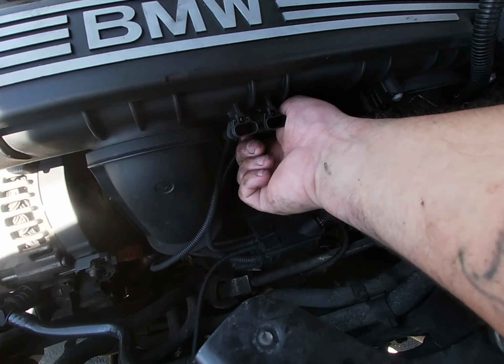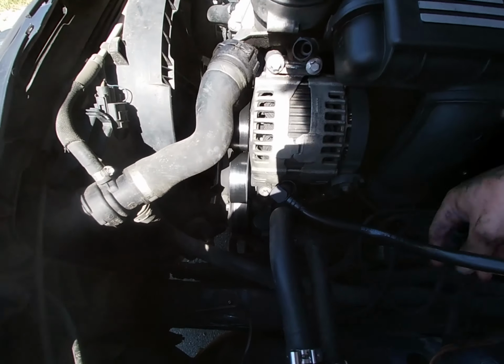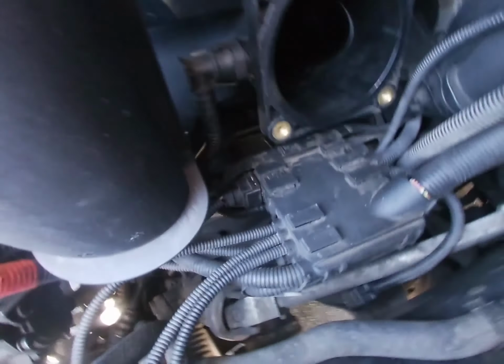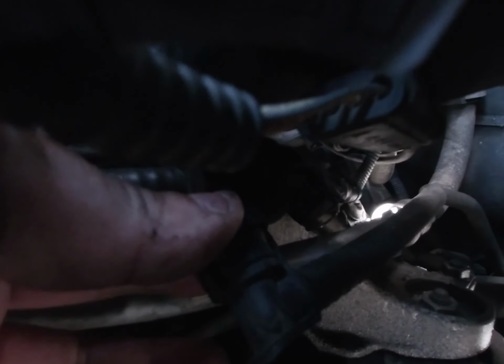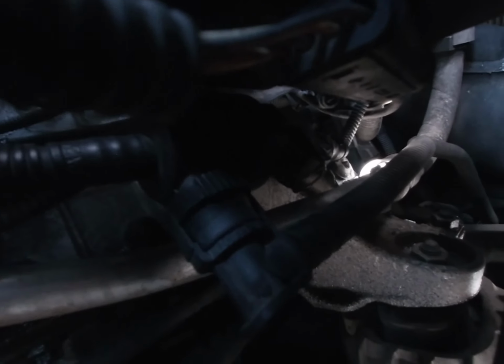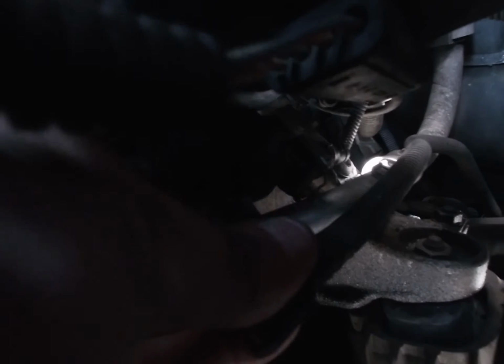I'm gonna remove these. Go to the side. People usually take the screws off of this. What I do is, there's this thing right here. I don't know if you guys can see it. This, I don't know if there's enough light, but this, I'm gonna disconnect this,